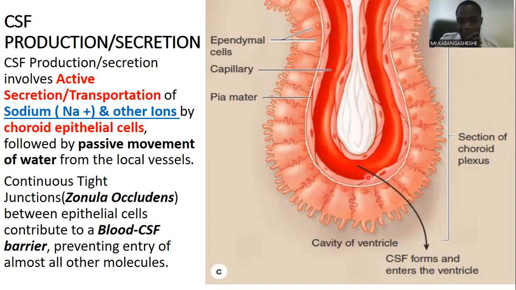So the first process in the formation of CSF is actually active transportation of sodium ions. The arrow you're seeing there indicates the direction of sodium ions. At any given time, extracellular sodium is greater than intracellular sodium in terms of concentration. Sodium is essential for brain cells because nerve impulse conduction is dependent on the normal concentration of sodium